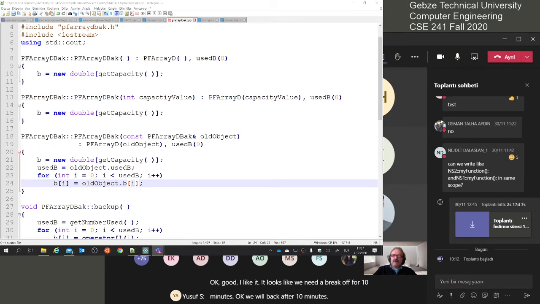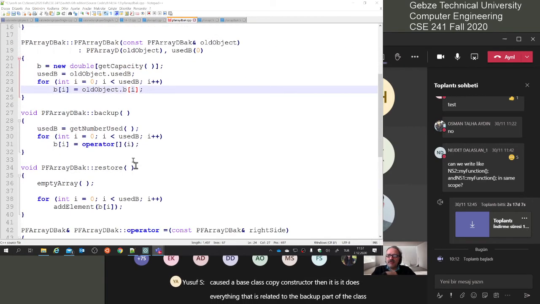Okay, so let's continue our study of the pfarray.d backup class. So this is the copy constructor. The copy constructor first calls the base class copy constructor. Then it does everything that is related to the backup part of the class. Let's see how the backup works. Backup is very easy. It just says that the number used is my backup number used, and I am going to copy